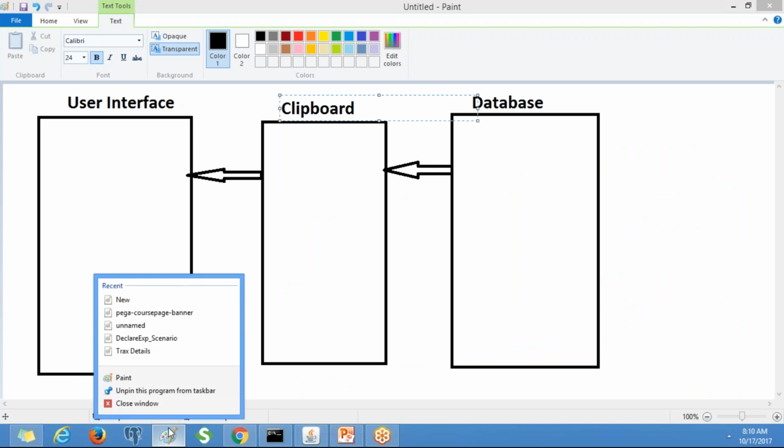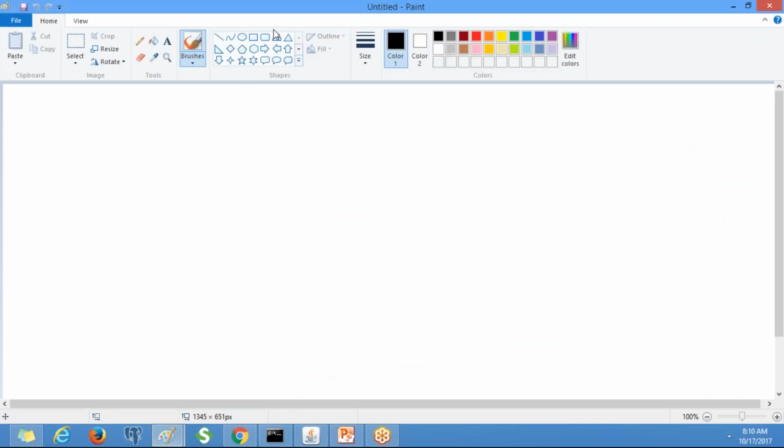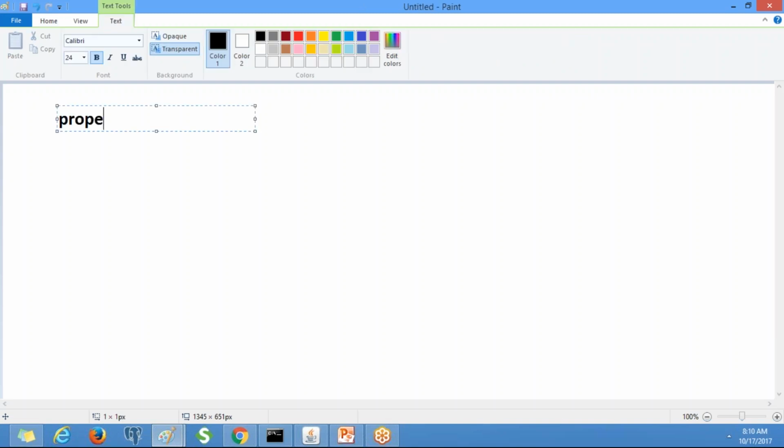But before that, you know property, right? A property holds a single value. So what is a page? It is a collection of properties. That means it contains multiple properties: property 1, property 2, etc. Again, each property holds a single value.